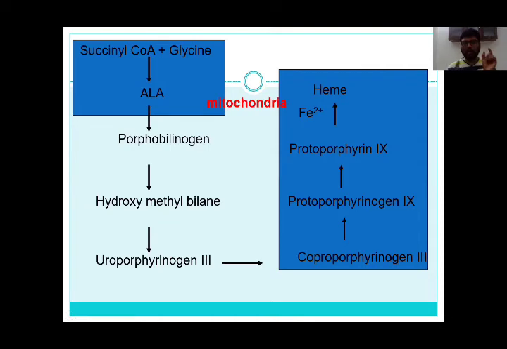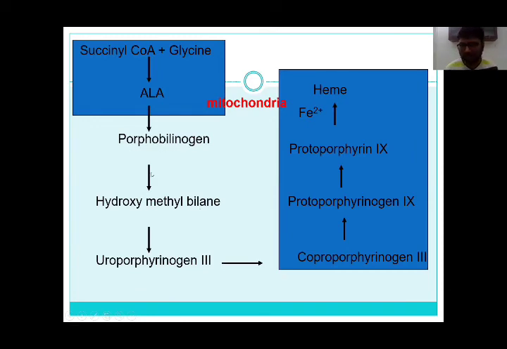In the next step, 2 such ALA molecules will condense with each other to form our pyrrole ring called porphobilinogen. The enzyme for this reaction is porphobilinogen synthase or ALA dehydratase. Next, what is the second part? 4 such pyrrole rings will be connected together to form our first porphyrin ring. 4 porphobilinogen molecules will first be condensed to form a linear structure called hydroxymethylbilane. The enzyme for this reaction is UPG1 synthase or HMB synthase or PBG deaminase.